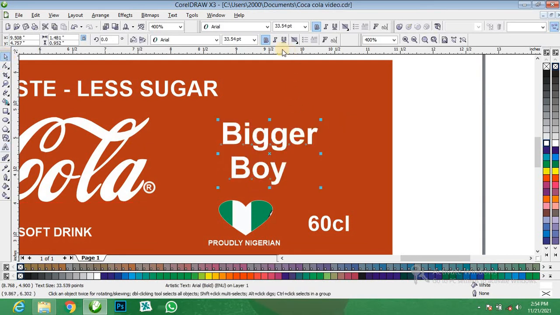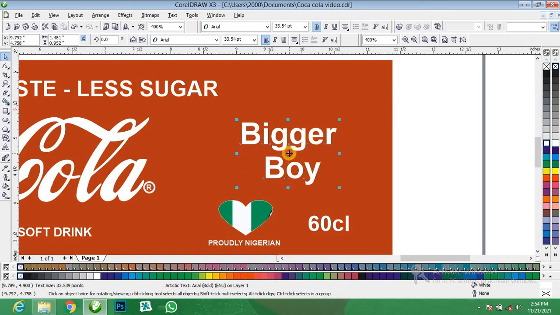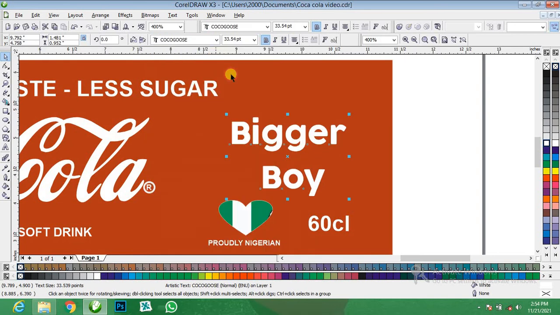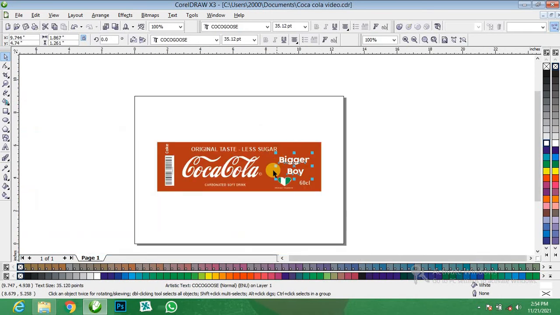Make it big. Go to your alignment, click on center alignment. Then let's change the font to this, also Cocoa Goes. That's the name of the font we are using here.